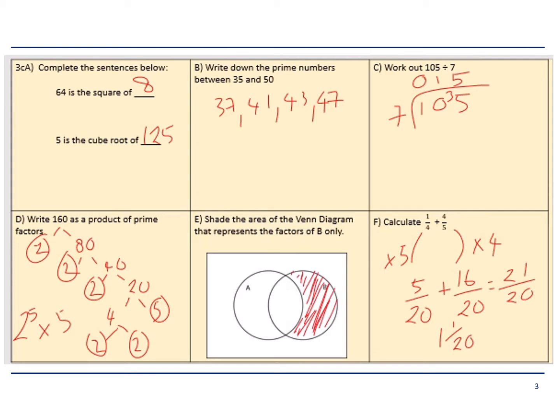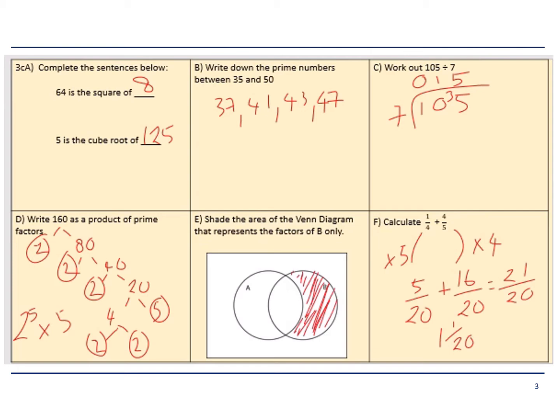And F, as we can see, we've had to work out the addition of particular fractions. We have to make the denominator, which is the bottom number, let's remember, the same. So we must use 4 and 5 and find which the common multiple is. Then the nearest one to 4 and 5 is 20. So as you can see, we've converted the 4 to 20 by timesing by 5. What we do to the bottom, we must do to the top. And then the same again with the fraction on the right, this time the denominator being 5, and then we must times by 4 here to get to 20, and then the same again to the top, and that equals